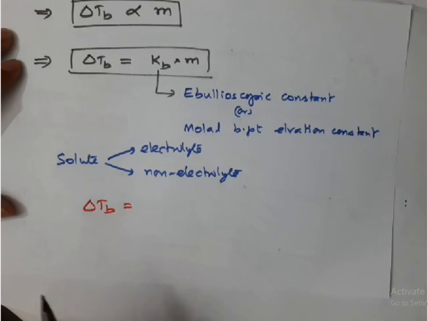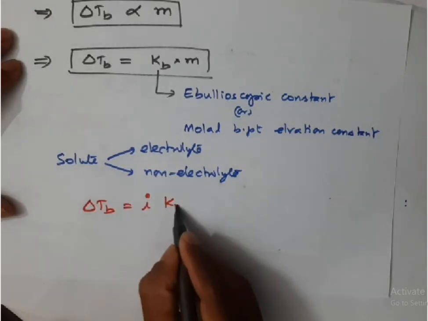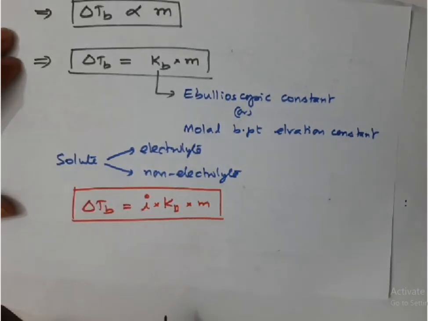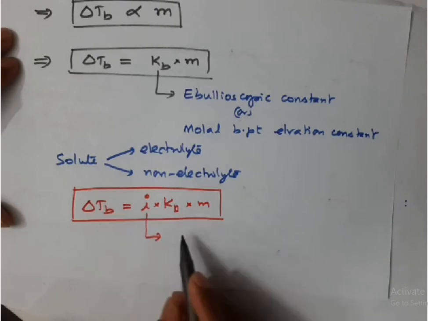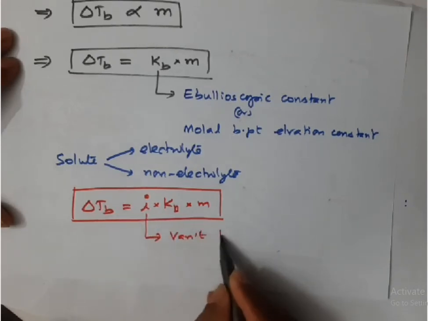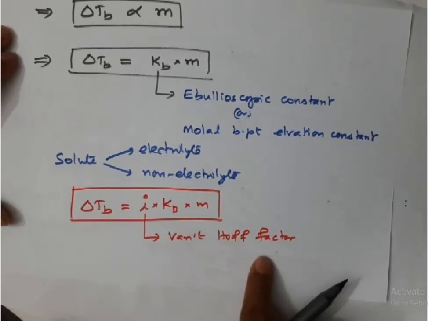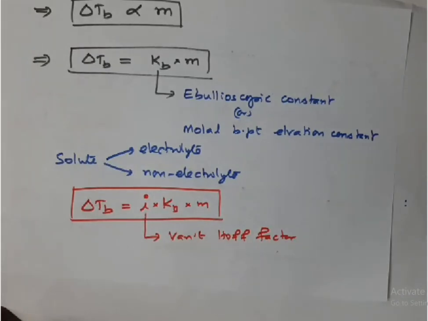delta TB is equal to i into Kb into m. This is the perfect expression for delta TB, where this i is called the Van 't Hoff factor. Last class I told you, i is called the Van 't Hoff factor. That will take care of whether you are adding an electrolyte or non-electrolyte, and whatever number of particles we get. So depending upon the number of particles, the delta TB will change. Therefore, this i must be included. Very, very important,